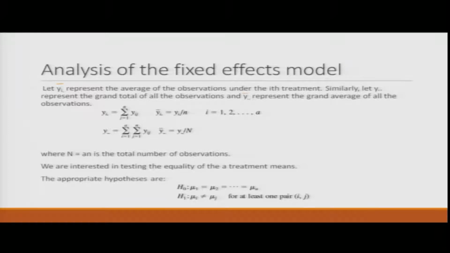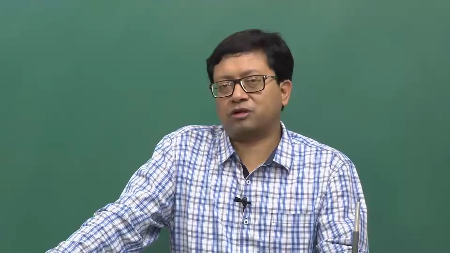So, obviously, in that case, y i dot would basically be the summation of y i j summed up for all the j's, and y i dot bar would technically be the average of that, which would definitely be y i dot divided by n. Here n is the number of observations I have for each and every treatment, and then I will be able to find out the averages y1 bar dot, y2 bar dot. So, 1, 2, 3, 4 would correspond to the treatments of the experiment